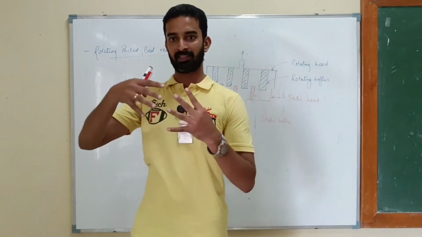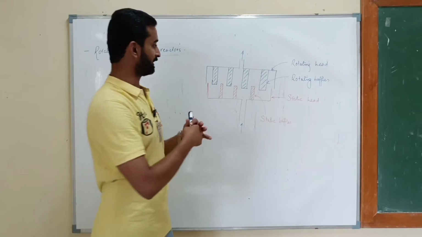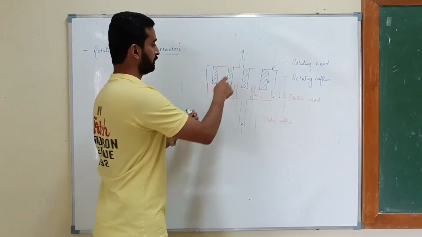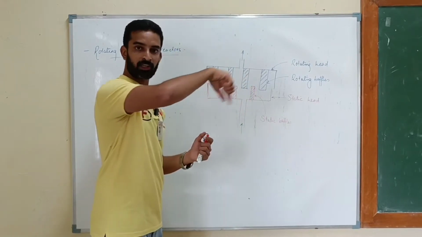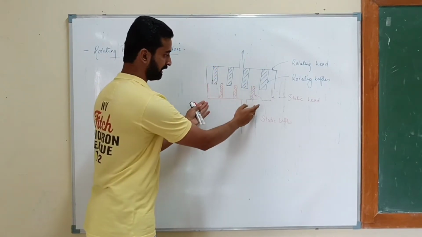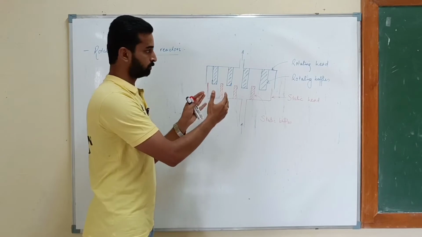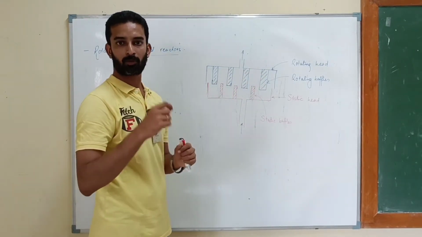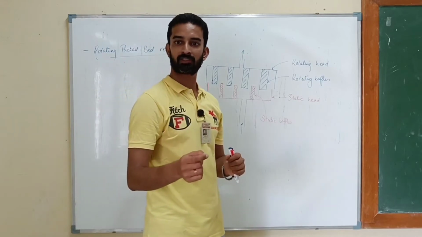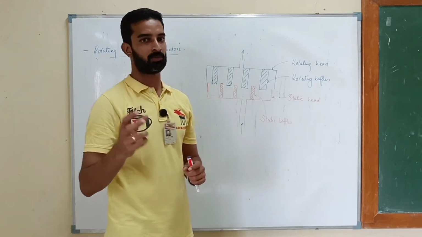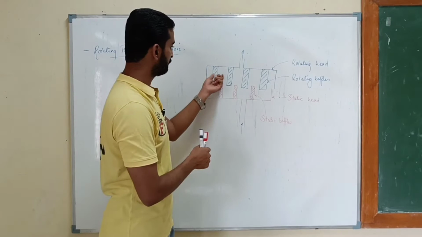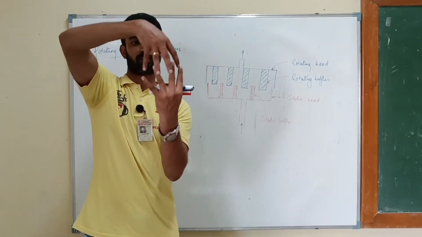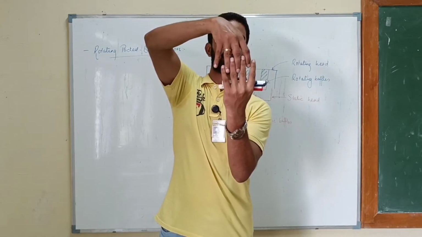And if you see, they are zigzag. So both these things come together, and now this upper part will rotate and the bottom part will remain static. So inside these baffles you will have your reactants, or suppose solids, the catalyst. If you want you can have some packings, whatever it is, those things will be inside these baffles and it will be something like this. The structure will be something like this.